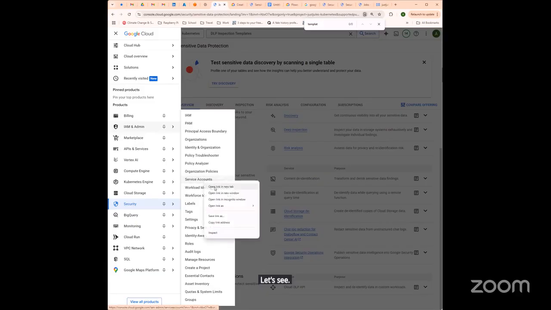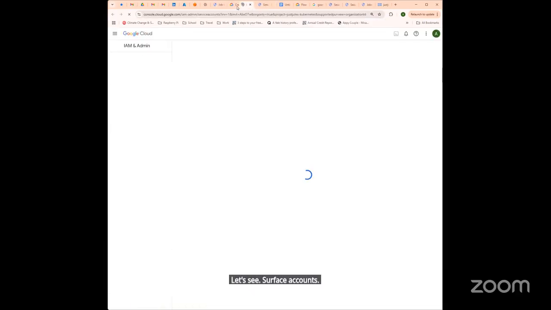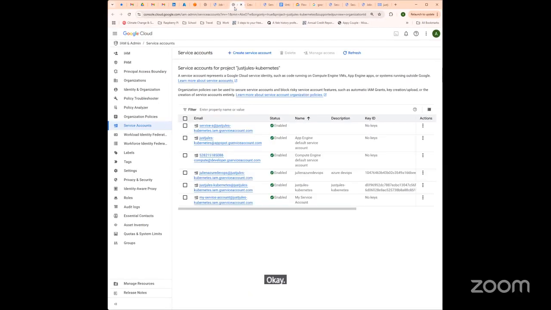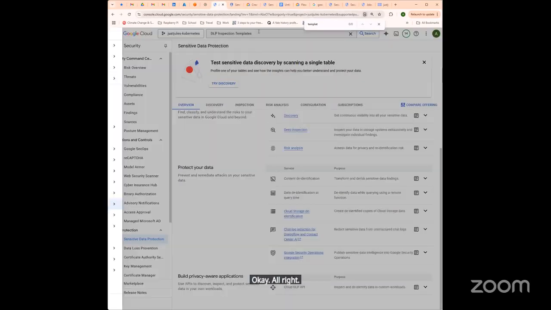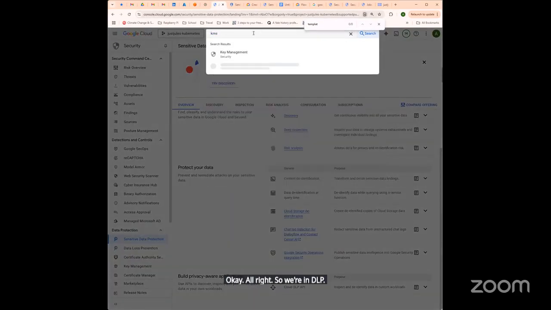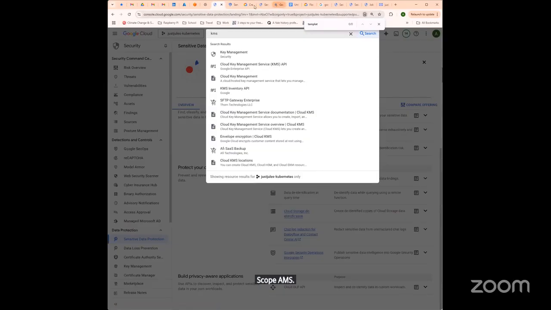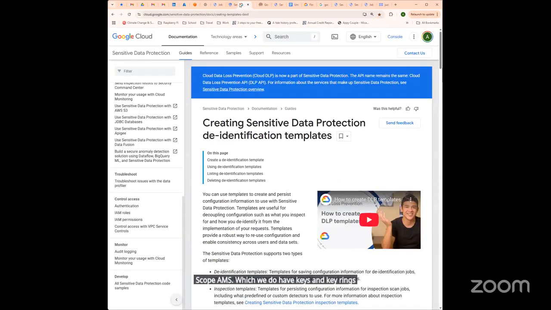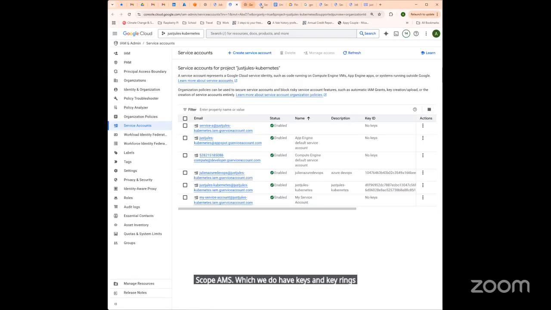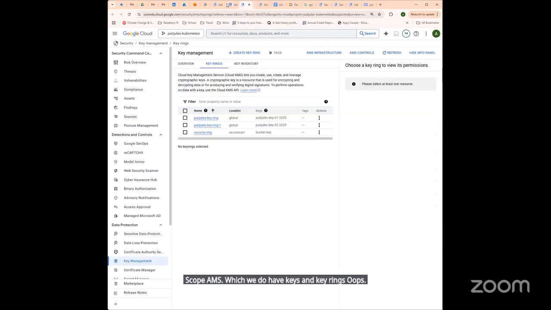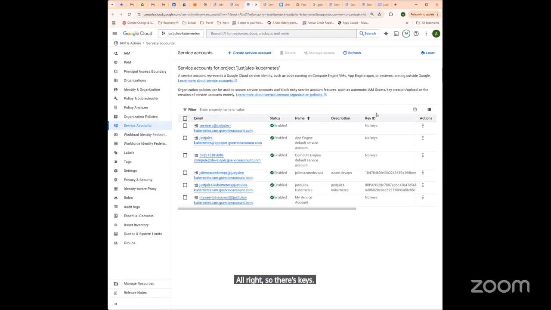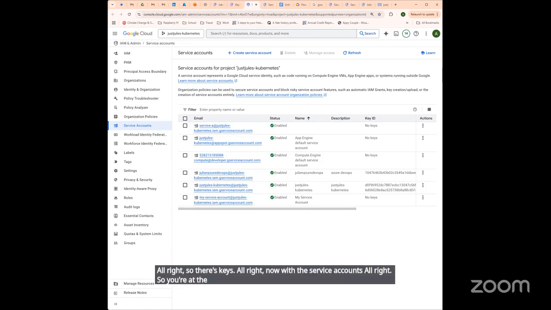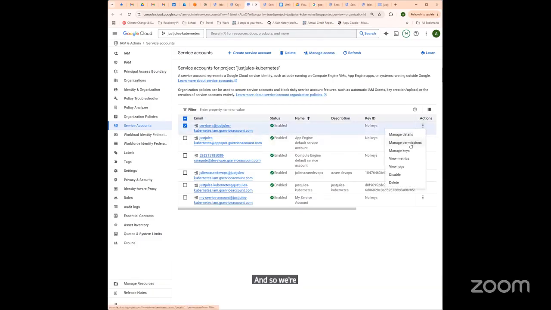Service accounts. Okay. All right, so we're in DLP. Let's go to KMS, where we do have keys and key rings. All right, so it's keys. Now with the service accounts, we got the project, we have the Cloud DLP, we have the KMS, we have the service account. And so we're going to take this one, manage permissions,